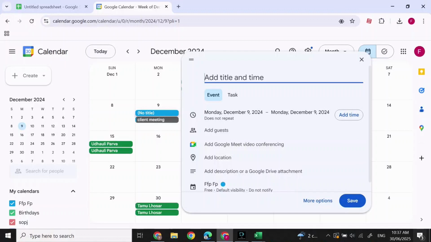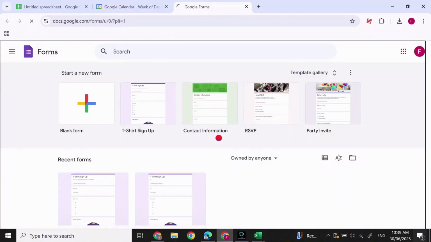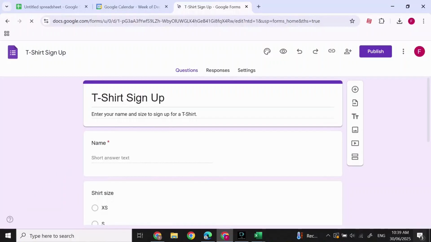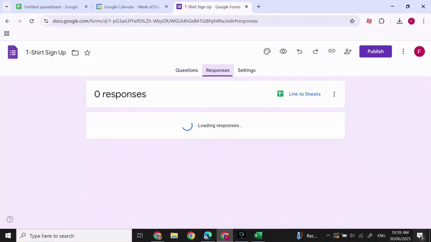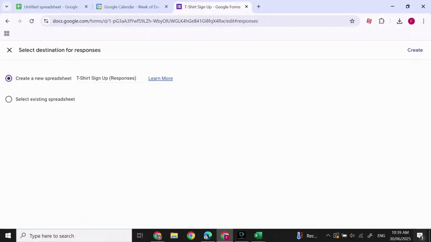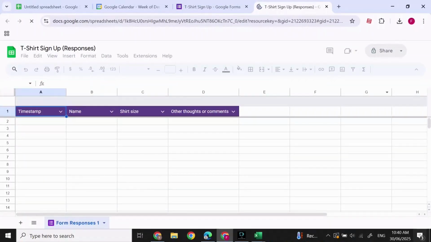Now, to do it in the Google Form, open Google Form on the new browser. Open New tab and make sure you already have Google Form. Then click on the Forms and click on Responses at the top. After you click on the Responses, click on Link to Sheets. After you've pressed on Link to Sheets, you'll find this kind of screen pop up. Click on Create a New Spreadsheet and then press on Create at the top right corner of your screen,